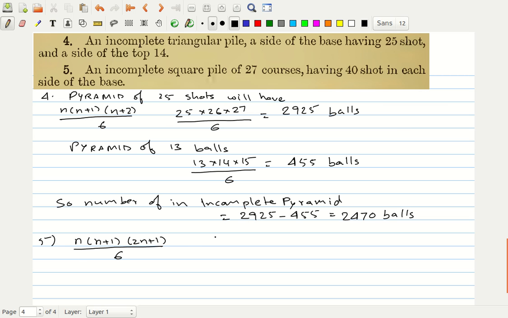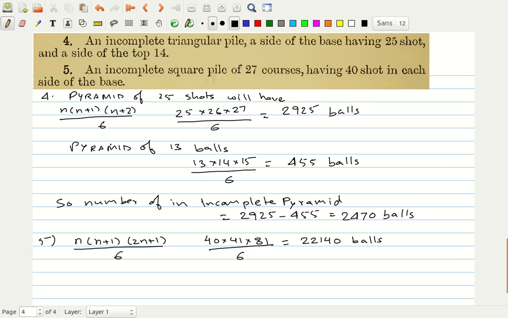If the pyramid were complete, you will have 40 times 41 times 2 times 40 plus 1 is 81 divided by 6, and this will be equal to 40 times 41 times 81 divided by 6 is equal to 22140 balls,